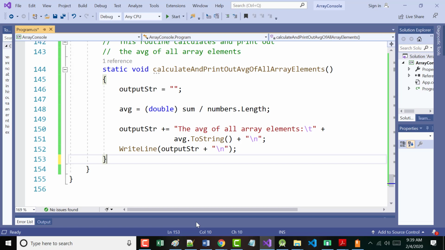We could add other stuff in here too. All right, like the range. The range would be real easy because all we would have to do would be say range equals the largest minus the smallest. Boom, we're done with a range. All right. We could have done the median, which is that number in the middle, after we put it in ascending order. So again, if I run this